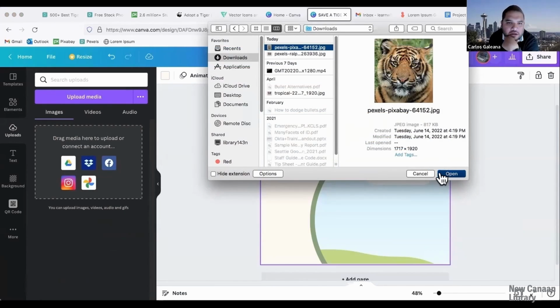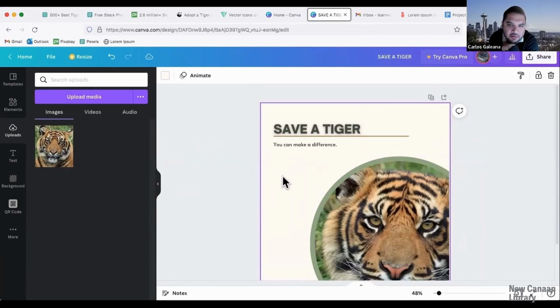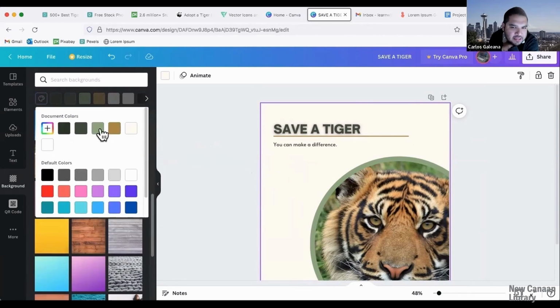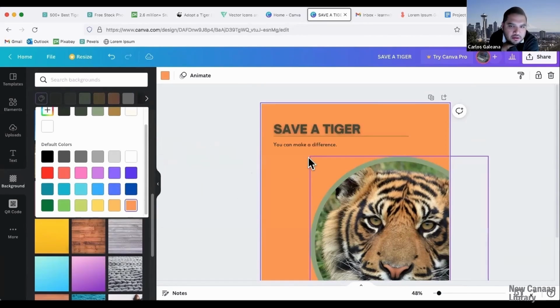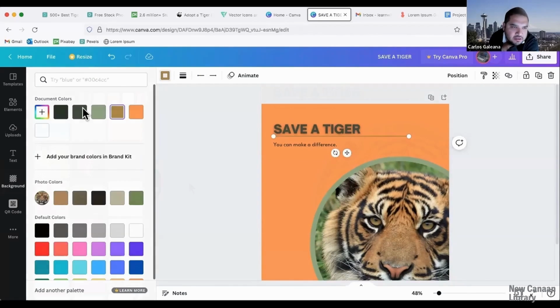And then I'm going to look in my computer to upload it. There we go, I'm gonna choose that one. And it's uploading, and I could just drag and drop. I'm almost done. I wanna make some more changes on here. So I go to background, and it's offering me these suggestions, kind of like this greenish, brownish tone. I can add more colors to it. I want to do this orange. There we go. And there's this stripe here. I'll just change the color of the stripe.